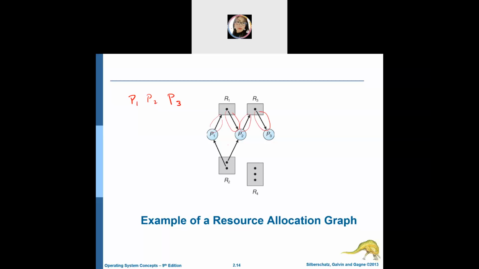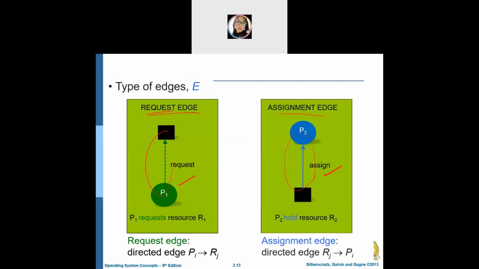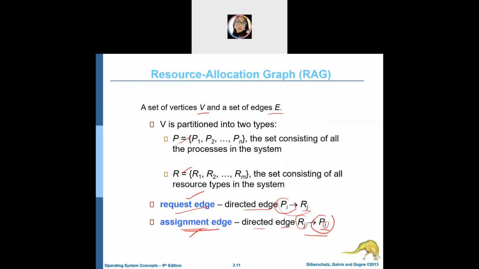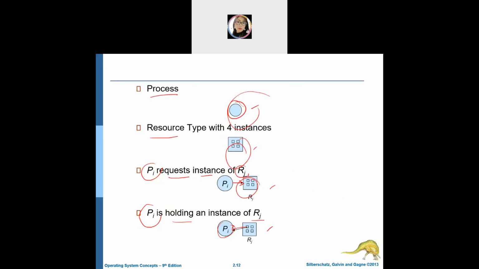Which one is the request edge and which one is the assignment edge? Similar also here and here. So in this you can see there is a difference, which is in this picture, just at page 12